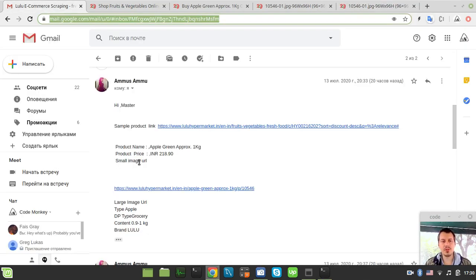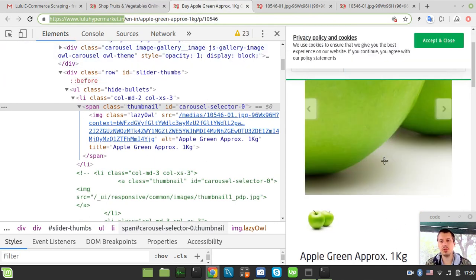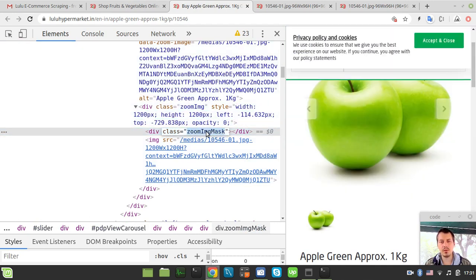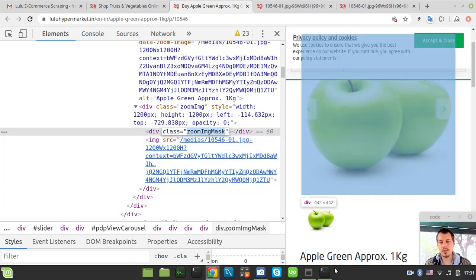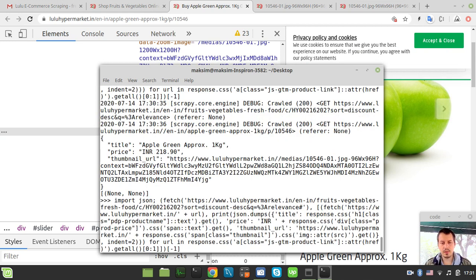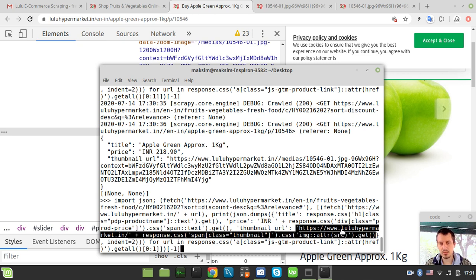So you see, here we need the small URL and we also need the large image URL as well. And now let's try to extract the large image URL. Hope this would be as easy as extracting the thumbnail. So we got the zoom image mask. Well, copy. Hope this is gonna be working the same. Okay, I think I can just grab this source, get up to here, copy, okay,